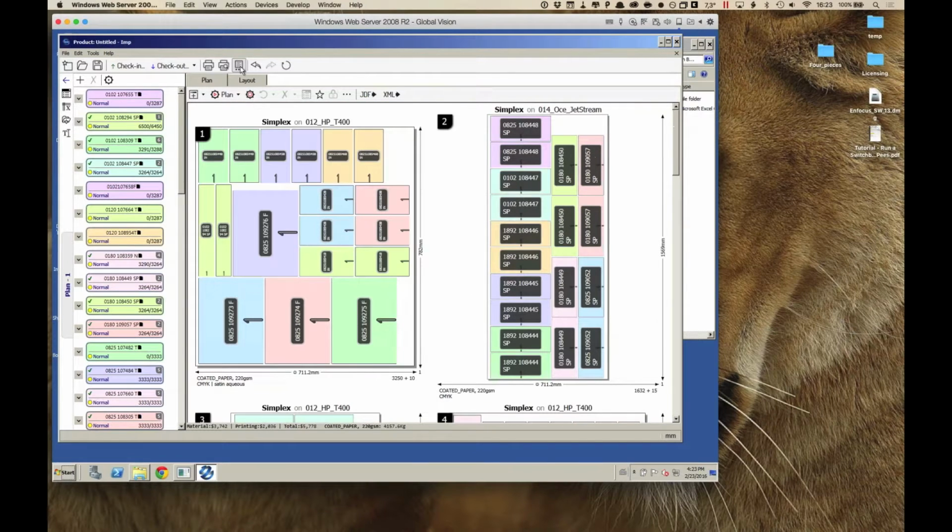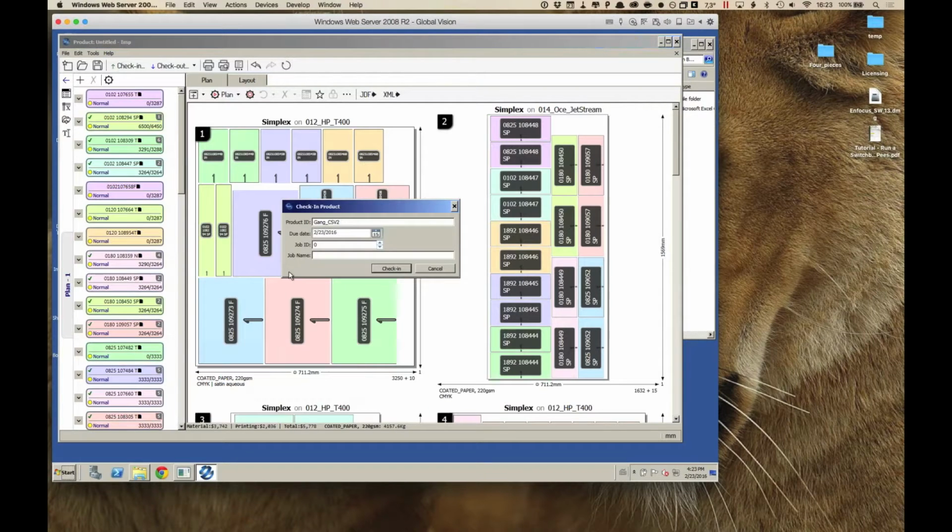If I want to, I could create a PDF report from that that would tell me exactly what all of the different parameters are for each of those plans, where the jobs are on each layout, but also things like total costs and wastage and so on. And you actually already see that information at the bottom of the screen as well. So I talked about this job database. Well, imagine that I'm in a company where I have planning and imposition phases in a workflow. What I could do at that point is, now that I've created this plan, check that into the